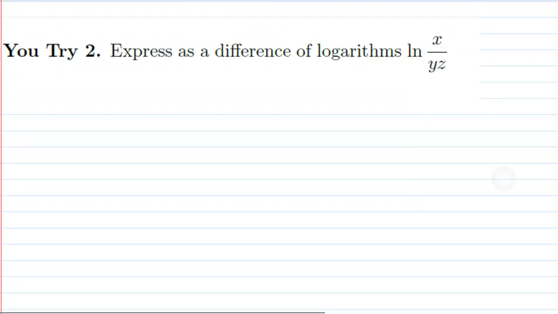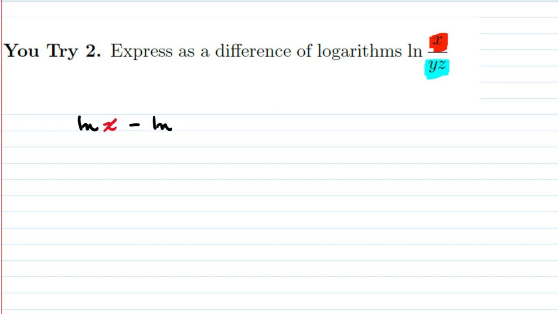So once again, we're going to need to start by using the quotient rule. So we're going to get the logarithm of x minus the natural logarithm of y times z. And similar to what just happened in the previous problem, we're going to have to use the product rule once again. And that's going to give us the natural logarithm of x